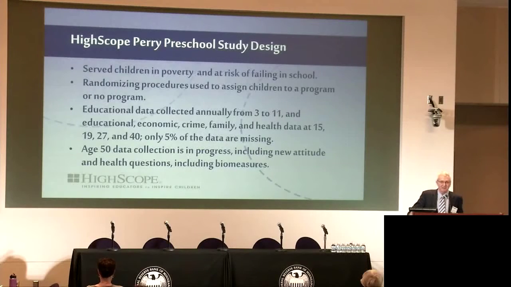The real key to the fact that we continue to pay attention to this study is the fact that randomizing procedures were used to assign children to a program or no program. It wasn't perfect random assignment, and you can focus in on the kinds of things that differed from pure random assignment, but nonetheless in small samples you make some allowances for trying to equalize the groups and so forth. And in fact the randomizing procedures were used, and they've been tested against more sophisticated techniques for dealing with the problems and get the same essential results.